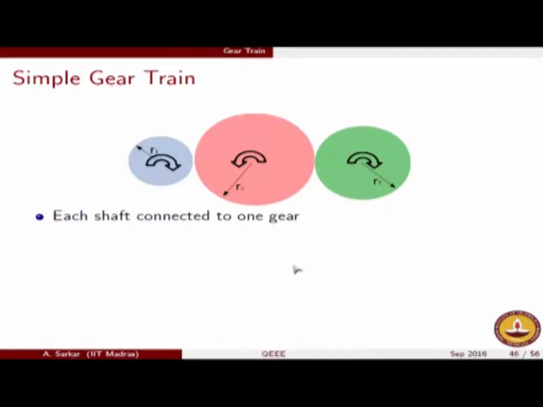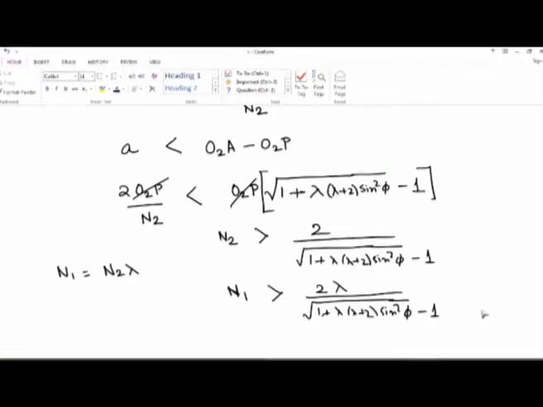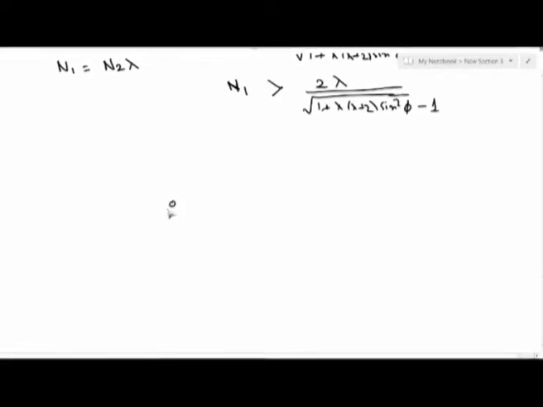But before getting to that, let us look at a simple gear train. This is what a simple gear train means. On each shaft there is just one gear, and let's say we had to transmit motion from this shaft to that shaft. I'll just redraw it once more in my tablet. So let's say the objective is to transmit motion from this shaft to that shaft. There are two ways in which we could do it. We could either go for just a gear pair arrangement